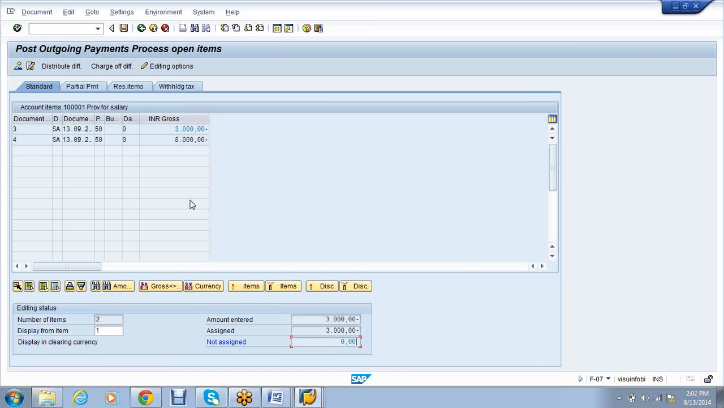Yes. Now when I say post outgoing payment, 50 is my credit account. That is actually my bank, isn't it? Correct. So credit is always negative. So the provisions account will not be displayed here. It is only